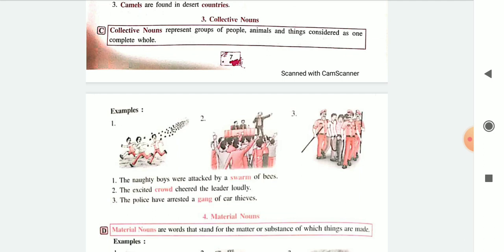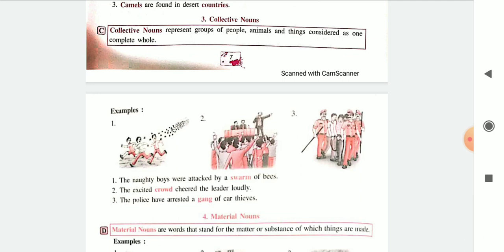Well, we say crowd or a mob. Mob is for unruly people. A mob can also be used alone. A mob was standing outside my house. So here mob is a collective noun. Of people, people is a common noun. Most of the time, a collective noun is followed by a common noun. Most of the time, not necessarily always.